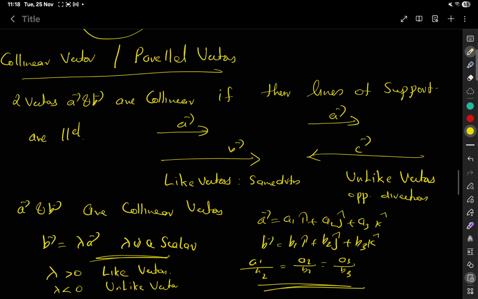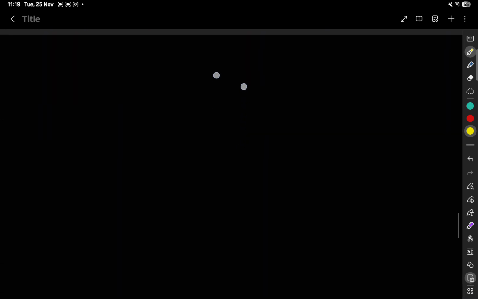Collinear vectors and parallel vectors both are the same. Okay, same meaning, and that doesn't mean that they have the same direction, either same direction or opposite direction. Parallel vectors doesn't mean that they have the same direction. Okay, the meaning is their lines of support are the same. Okay, next